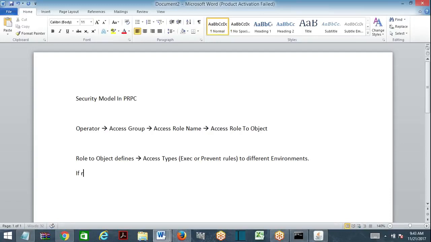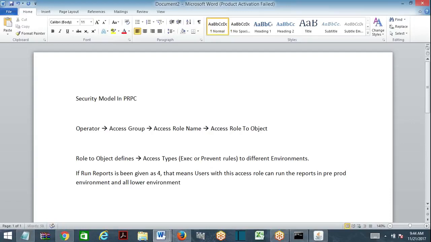So now if role to object, run reports is given as 4, that means users with this access role can run the reports from pre-production environment, in pre-prod environment and all lower environments, but not prod environment, which is 5. Okay, this is role to object. So this is how role to object works.